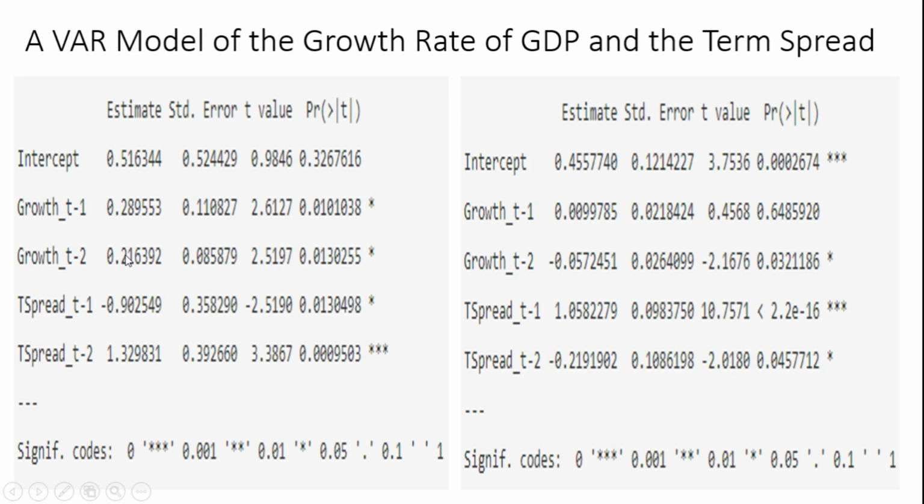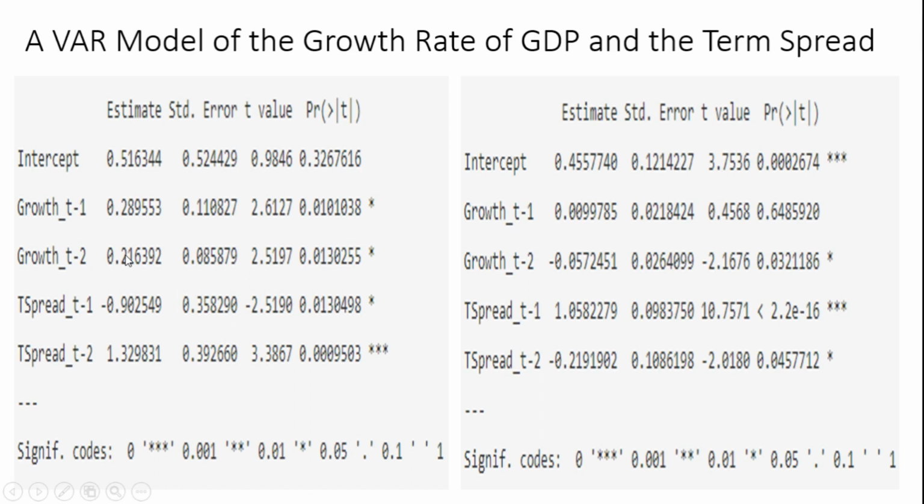We have the coefficient of GDP growth lag 1, which is 0.28, and the level of significance is 10%, as is the same for GDP growth lag 2, as well as term spread of lag 1. The lag 2 term spread is the only variable that is significant at the 1% level, and you can interpret the